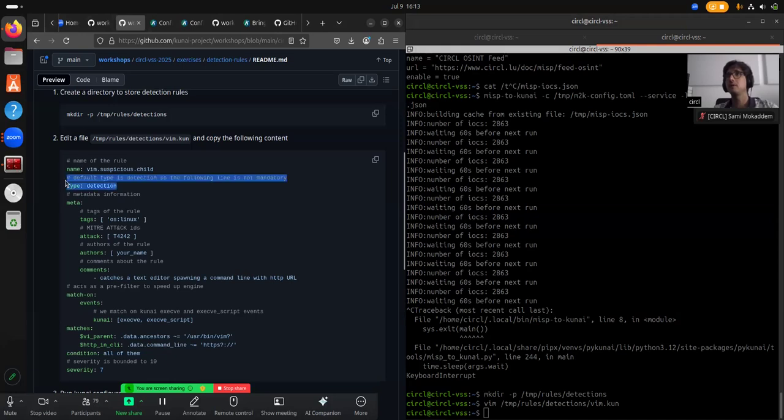Actually, the type is optional. You have the type of the rule. By default, it's a detection rule, so if you put nothing, it will be equivalent to detection. You can also put filter or dependency. A filtering rule is something we are going to see later on. It's to filter in